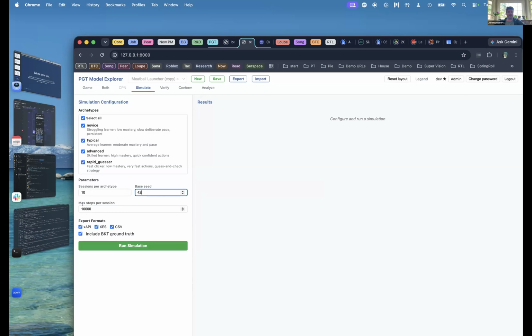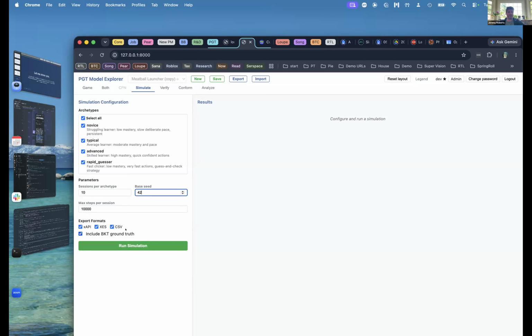And I can say how many steps I want each session to potentially hold. I'm supporting a number of interchange formats: xAPI, XES, CSV. And because we have that cognitive model integrated into this, and I'll talk about that a little more, how it's integrated and how all the things affect each other,